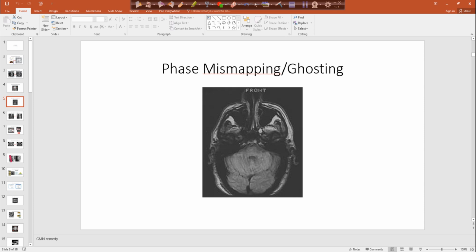Here's an axial brain. Our shortest axis is right to left again. And this is our ghosting artifact. This one could really be remedied with our gradient moment nulling. So remember, it is motion artifact, but it's really coming from flow. So that is like flow artifact that could be remedied with our gradient moment nulling. Remember, it's basically balancing gradients that put that signal back into the actual vessel compared to streaking across our